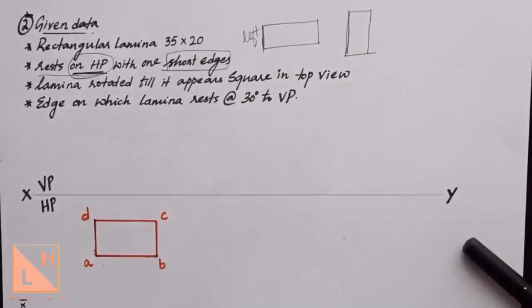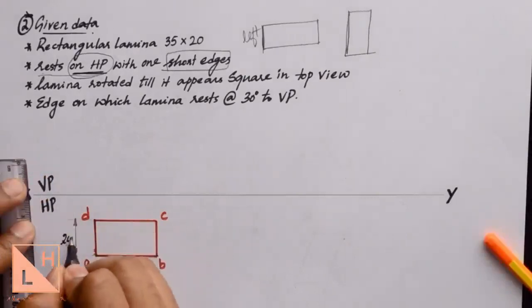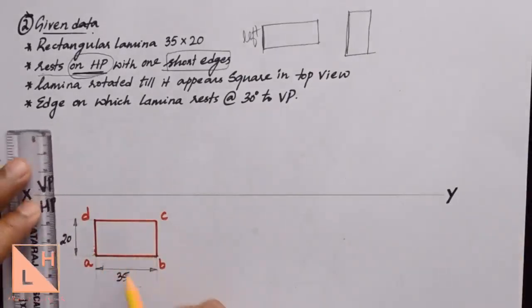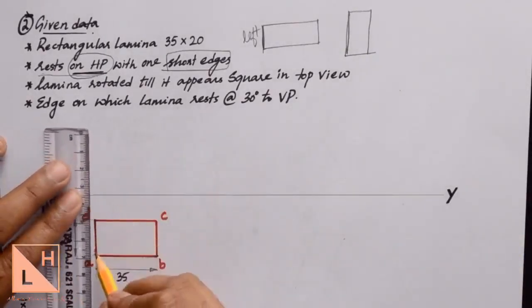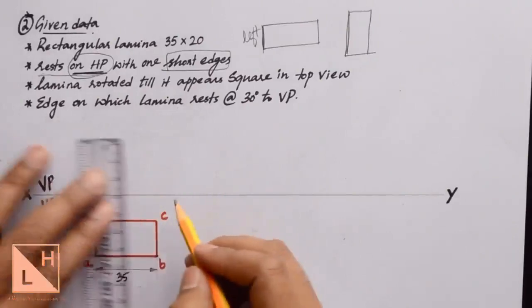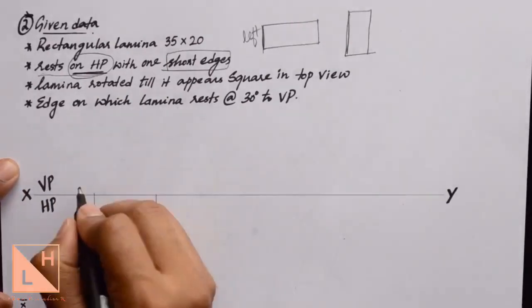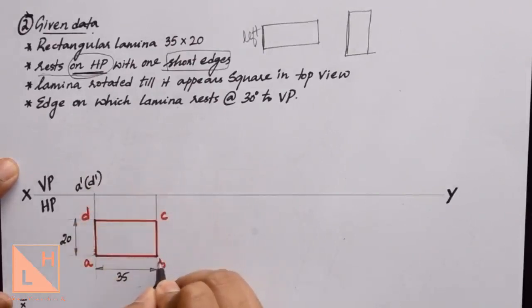And do not forget to dimension. Now once you're done with the top view, to generate the front view, since it is looking like a plane in the top view, it will look like a line in the front view. So draw projection lines from every corner. And here you'll have the first point looking from front view. First point is A, next is D. First point is B, next is C.